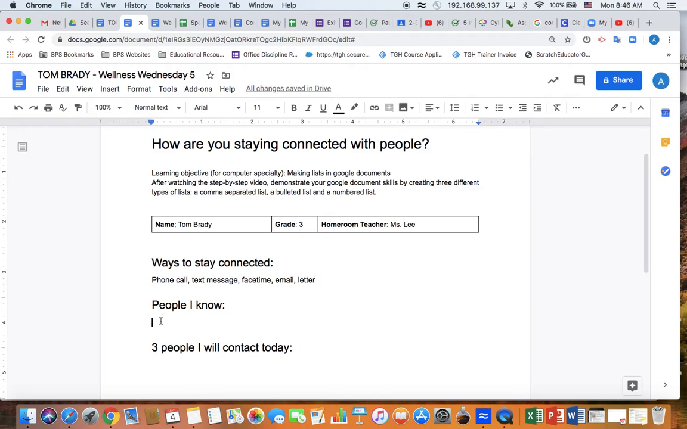People I know, this will be your bulleted list, so you need to at this point click here because you want the bulleted list to get inserted here. You hover over the bulleted list up in the toolbar and you click on it, and it starts a bullet for you. So you type